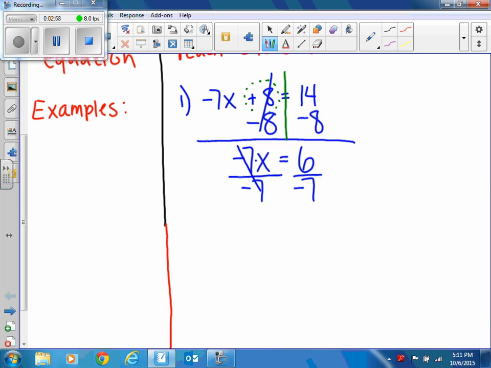So these two cancel out. I'm left with x. And over here, we have negative 6 sevenths. Negative 6 sevenths, and that's where I want you to leave it. Unless the equation started with decimals or you're talking about money, it needs to stay as a fraction. Unless it starts with a decimal, I don't want to see a decimal. In algebra, the majority of the time, you are going to be leaving your answers in